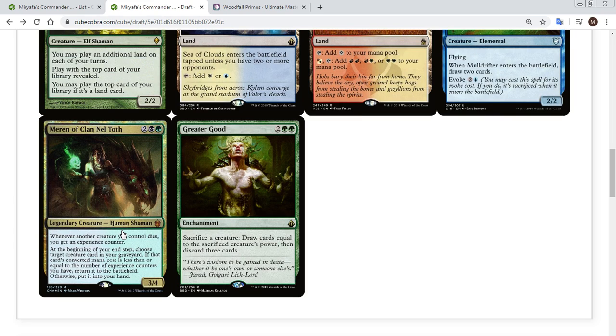Marwyn of Clan Neltoth, perfectly acceptable in the 99 if you're in green-black. And Greater Good, which is a card that I put in because I like it. It supports a few strategies particularly well. Notably, somebody put together a Yasova Dragonclaw deck in the early iterations of my cube, and they said Greater Good was a key card for that deck because it's a sack outlet that's available in mono green, right, without going into black. And since then, it hasn't seen very much play, but it has not been in people's sideboards enough